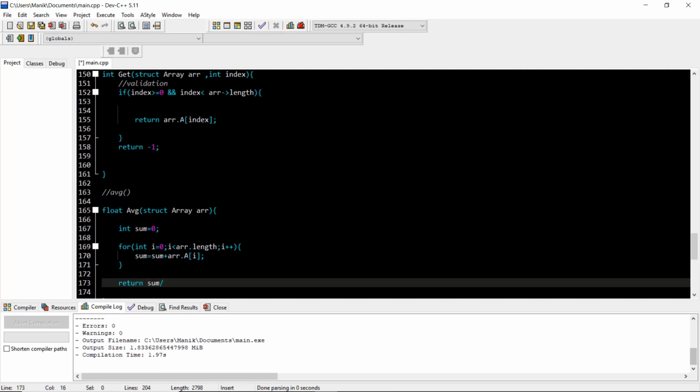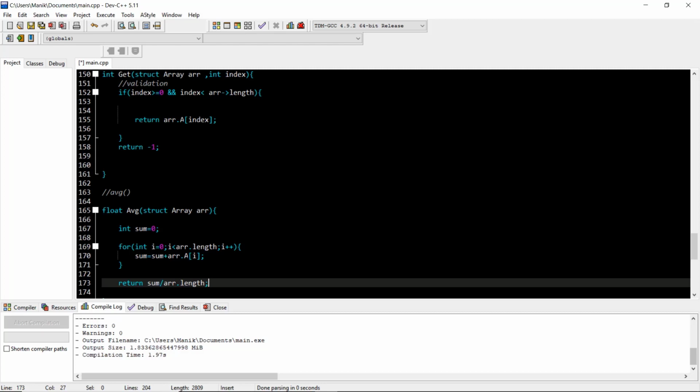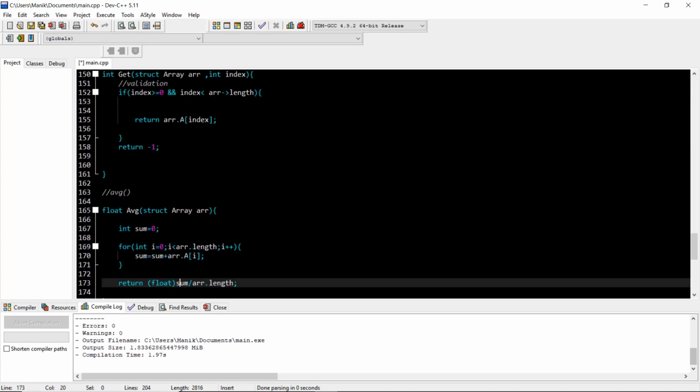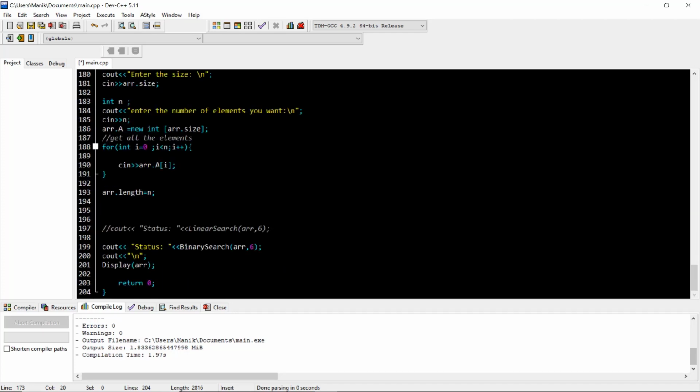Sum divided by arr dot length. Okay, so this would return an integer, so we need to typecast it to float, because it's a floating point, so typecast it and then return the result. So these are the functions that we have created. Now let's execute it one by one.